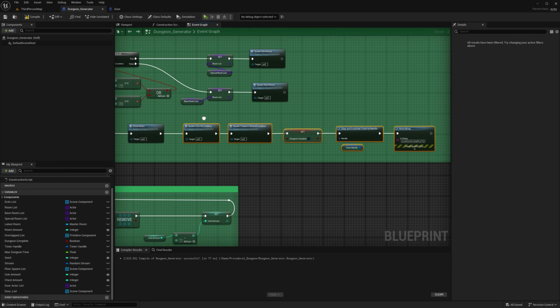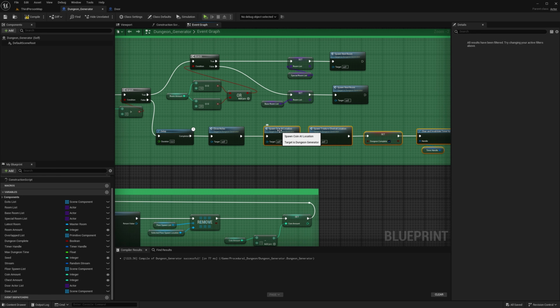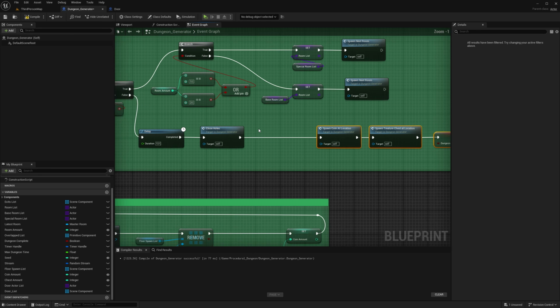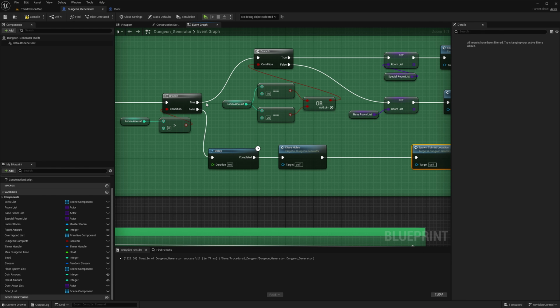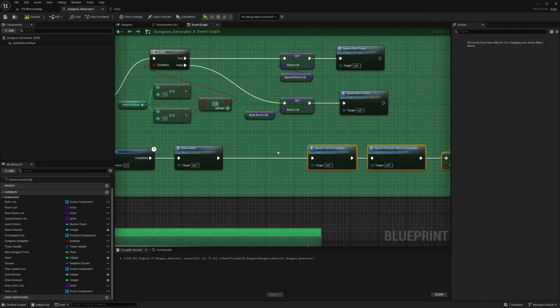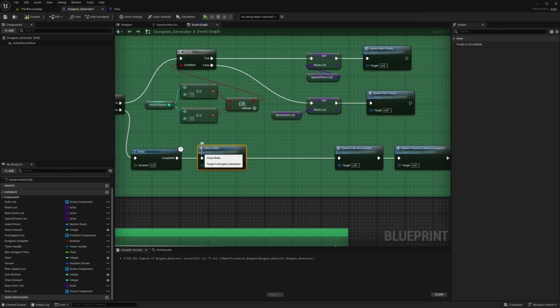And guys, sometimes I put these events in the wrong place and things won't work, and then I move them around and all of a sudden it works. So it's important where things are put into this execution line here, in which order things are happening. That is super important, but I think we should put it in here right beside close holes.